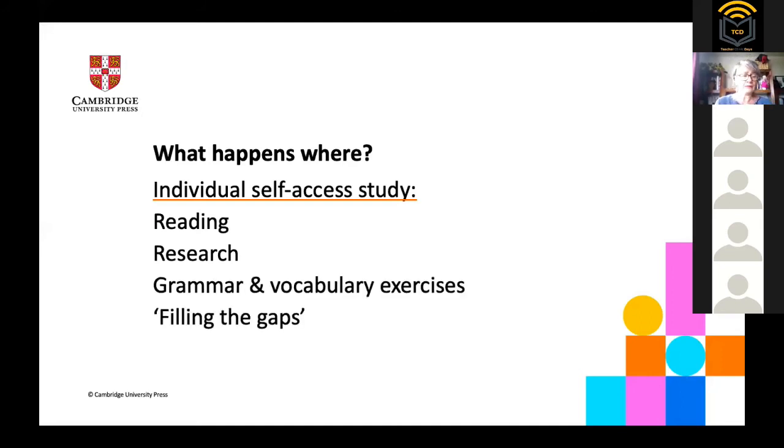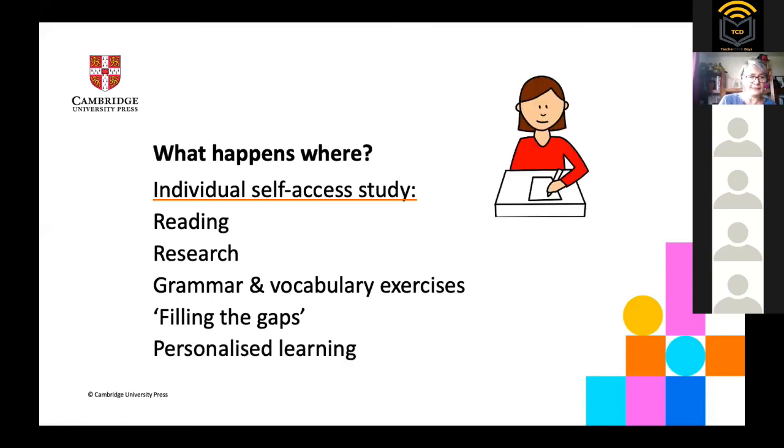So they could be doing grammar and vocabulary exercises. These are the kind of things that you work through in the course book, and you could just post the answers later so they can check them. And there's something which I'm calling filling the gaps, which is not gap filling. I'm going to explain filling the gaps in a second. And any kind of personalized learning, and I should speak a bit more about that as well,